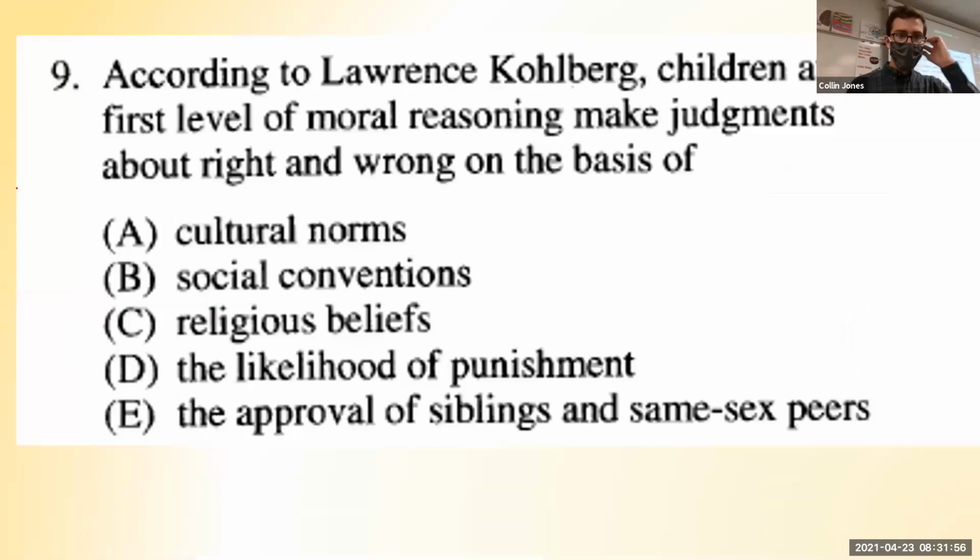Okay. I want y'all to do 6 practice questions. Those of you who missed this week, I've been going over practice questions from the College Board about these particular units. So this is kind of what your progress check questions might look like. Here's one. According to Kohlberg, children at the first level of moral reasoning, why do they make judgments about right and wrong? So in the lowest level of morality, the most basic level, the first level, what is the only thing that children care about? A, B, C, D, or E?